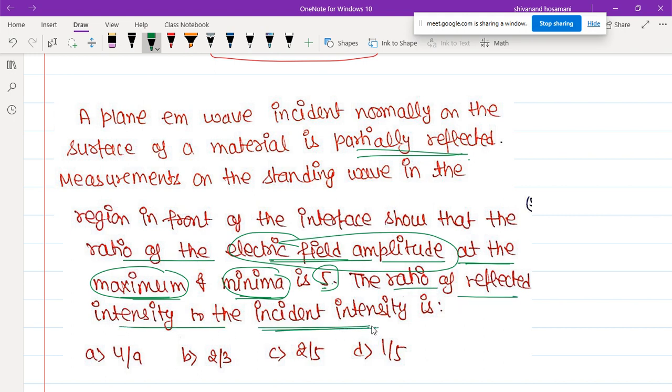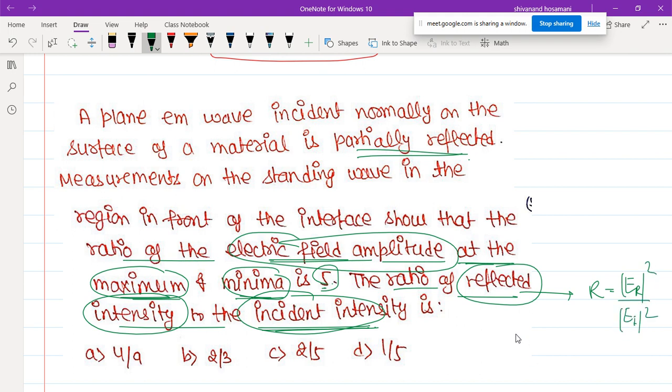Okay. Now ನೋಡ್ರಿ, what is this ratio of reflected intensity to incident intensity ಅಂದ್ರೆ ಏನಿದು? Reflection coefficient. Reflection coefficient, that is equal to amplitude of the reflection square divided by amplitude of incident square. Is it correct? Okay. ನೀವೇನು ಮೆನ್ಷನ್ ಮಾಡ್ಯಾರ ಇಲ್ಲಿ,